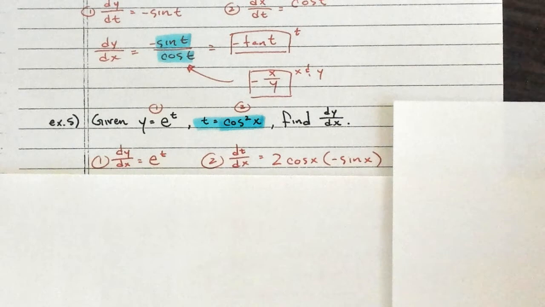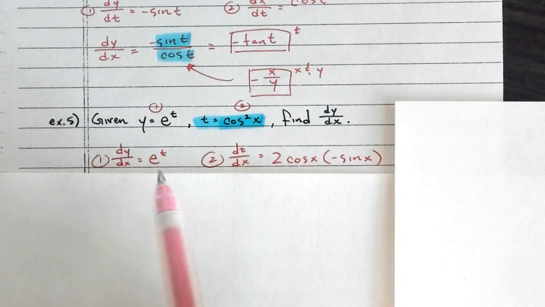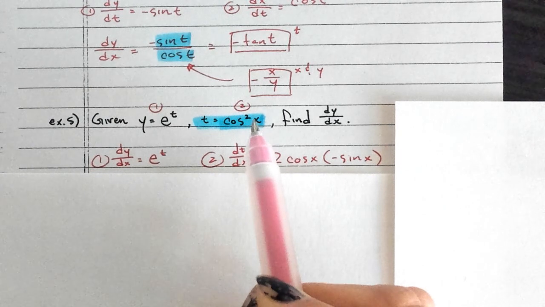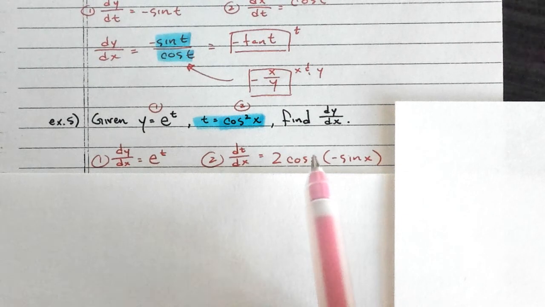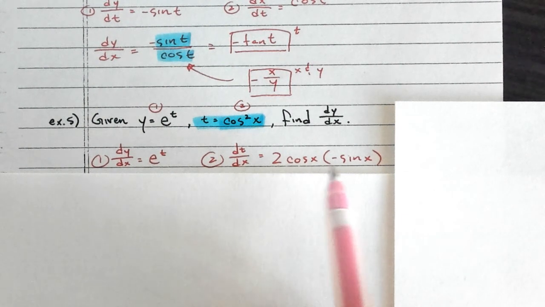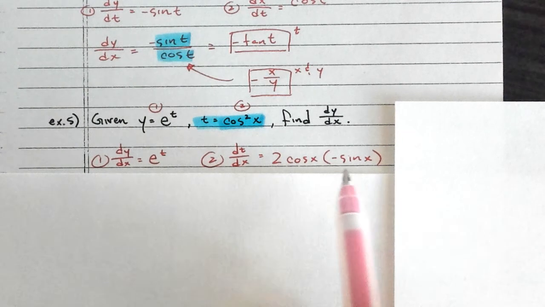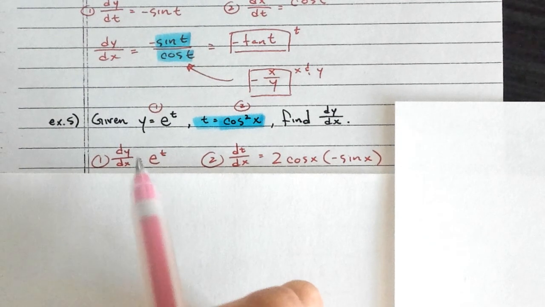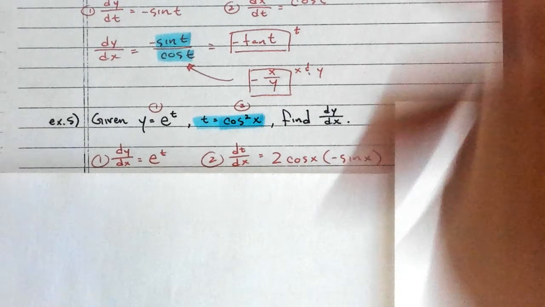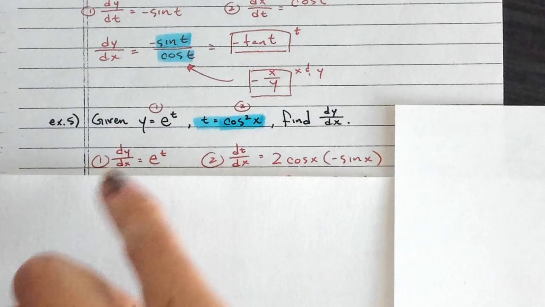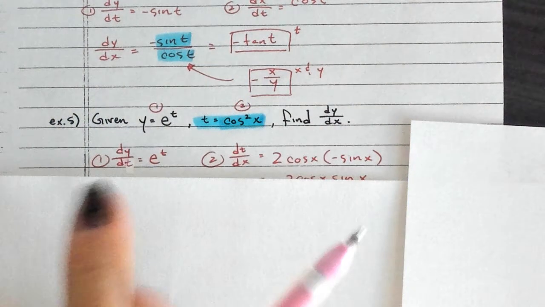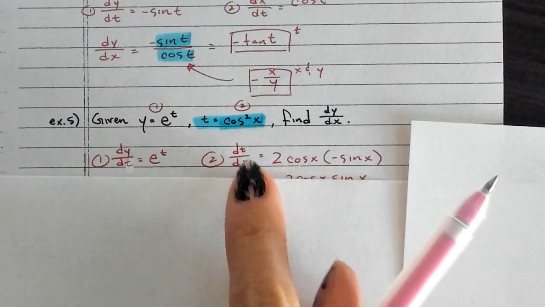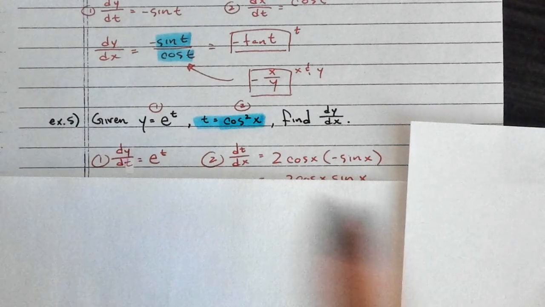So the first part, I take my derivatives. So the derivative of e to the t is e to the t. The derivative of cosine squared, be careful, remember, this is a quantity squared, is going to be 2, and then cosine to the first power, and then the derivative of cosine is negative sine. Okay, so I have this as my second derivative. Oh, sorry, I wrote dx right here. I'm going to change that because I made a mistake, because this is dy in terms of dt. So in terms of t. So I'm going to put a t here. Okay, so dy over dt, this is dt over dx because this one is in terms of x. And then,